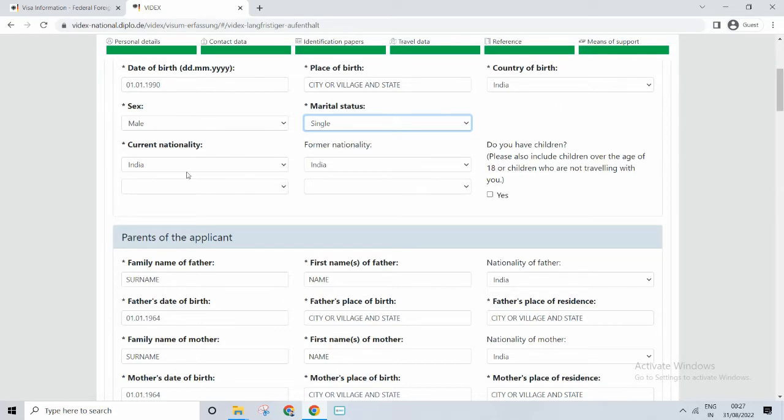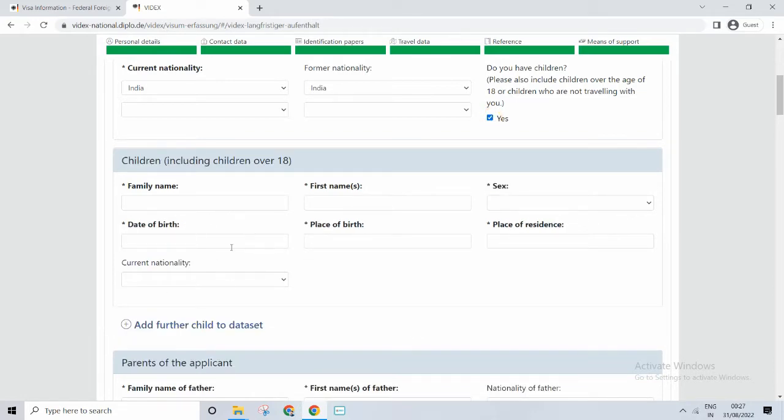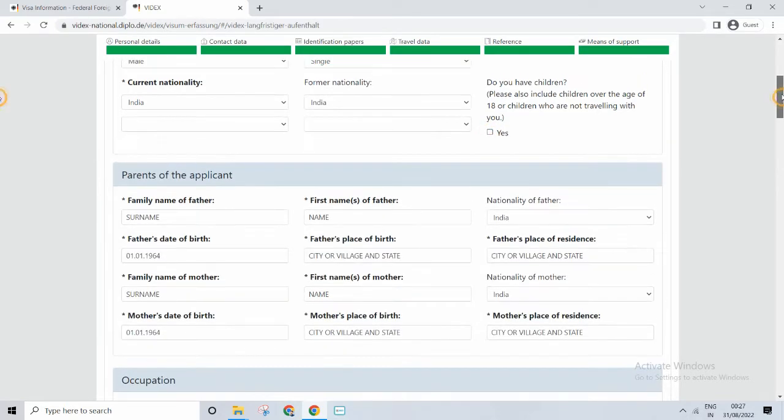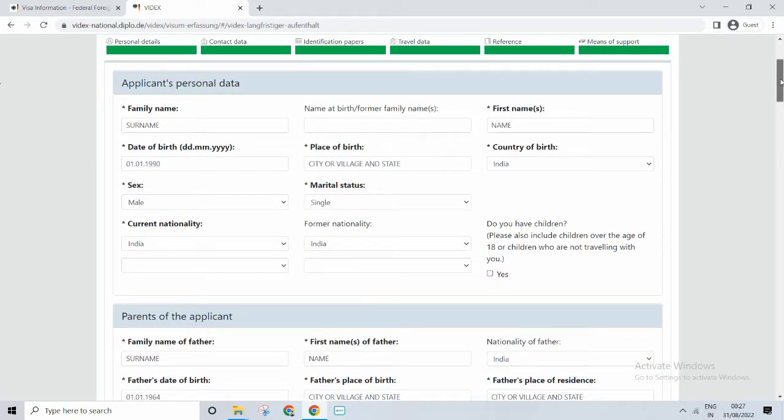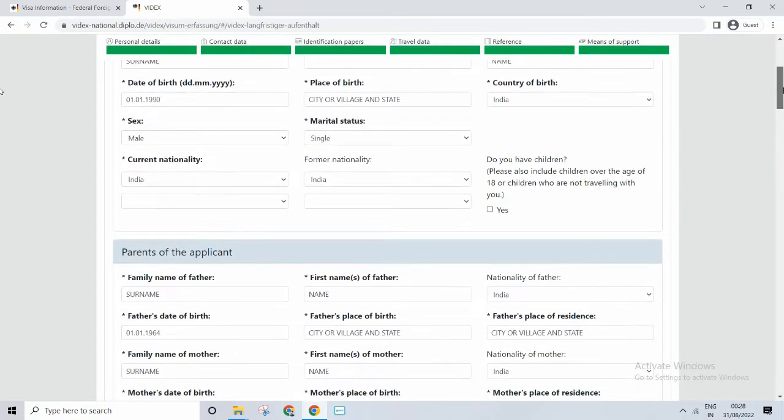Nationality you can select based on your nationality. Do you have children? If you have children, then you have to also write, even if they are not coming with you. If you are married and have children, they will ask for children, so you can add the children's data also. How to fill in dependent spouse and children, I will make a video after this. So you can watch the next video for that if you are coming with family members like spouse and